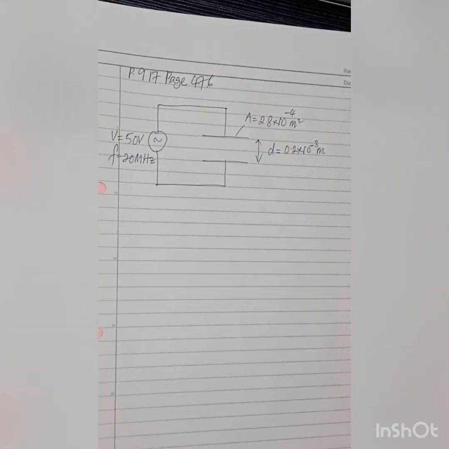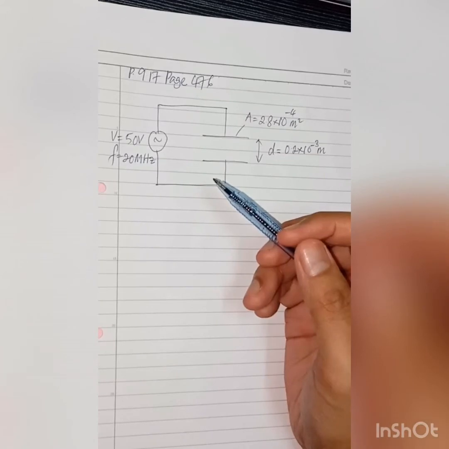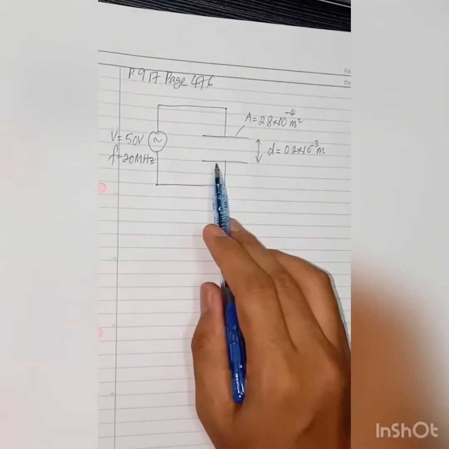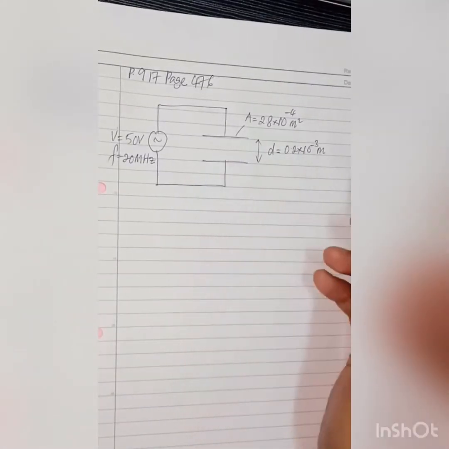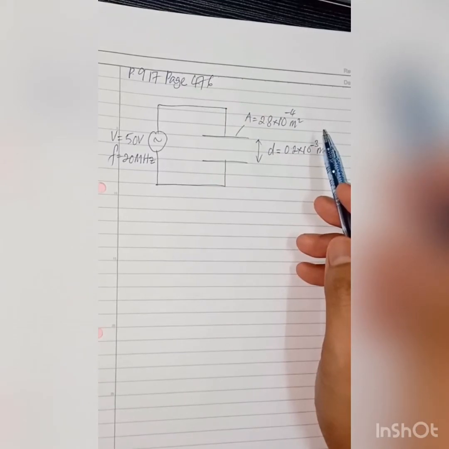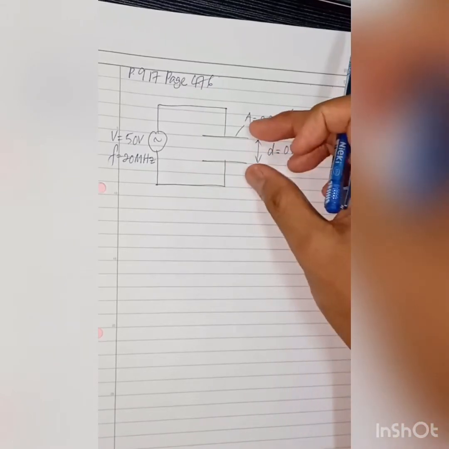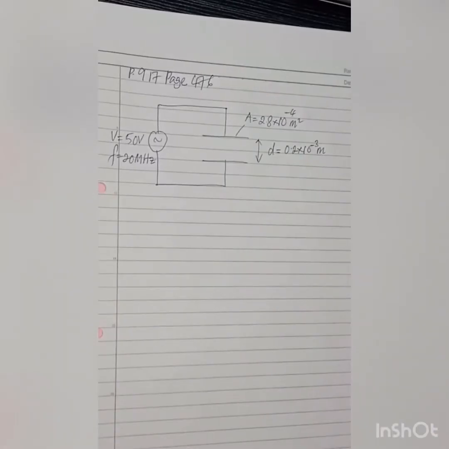Please turn to page 476, problem 9.17. We are given a 50 volt voltage generator operating at 20 megahertz frequency, and it is connected to the parallel plate capacitor as shown here. We are also given the area of the plate as 2.8 centimeter squared, and the distance of separation between the two plates as shown here is equal to